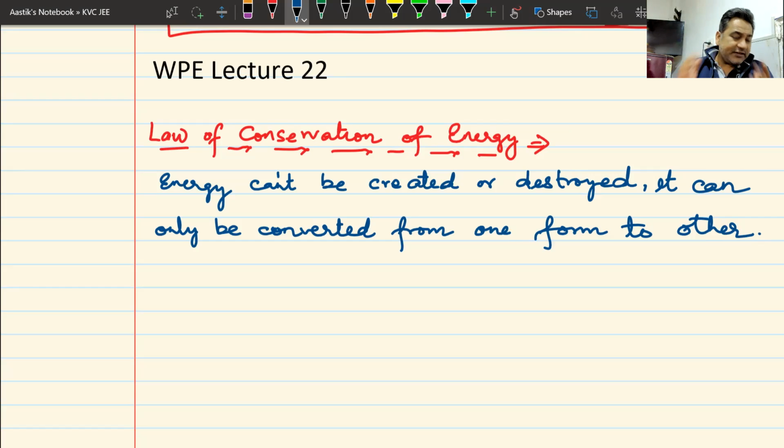Basically, whatever we see around you, an electric pump is converting electrical energy into mechanical energy. It is pumping your water, electric pump or electric motor. Everything that you see around you is a sort of a machine which is basically converting energy from one form